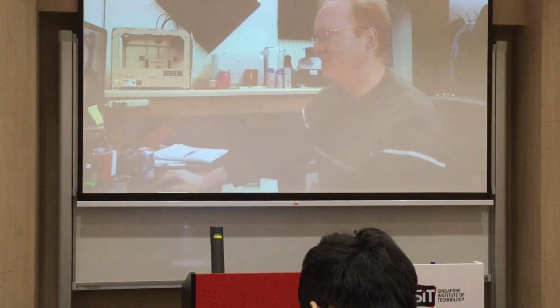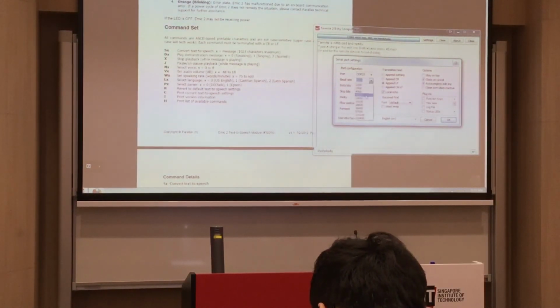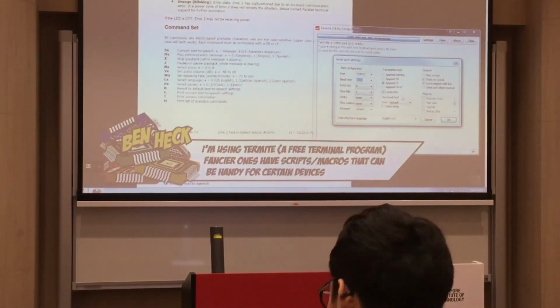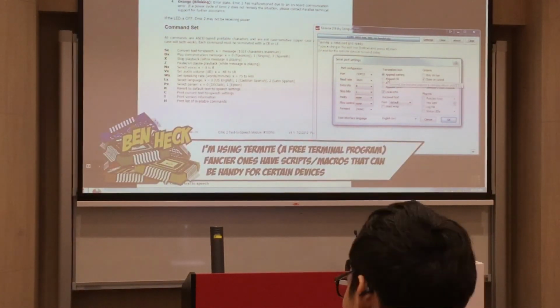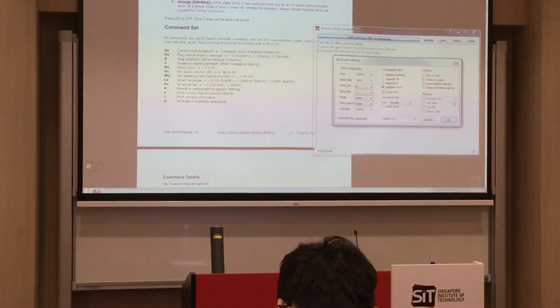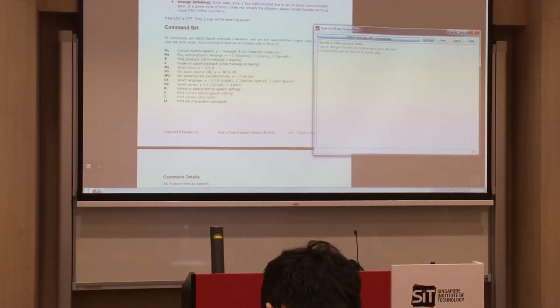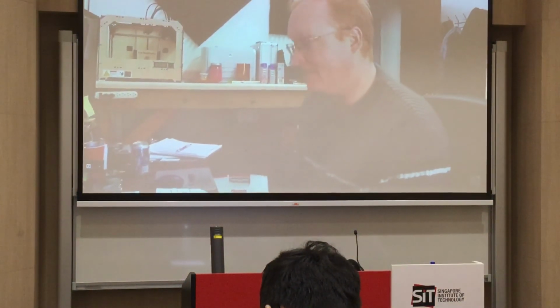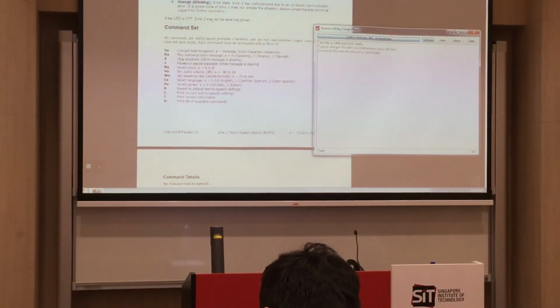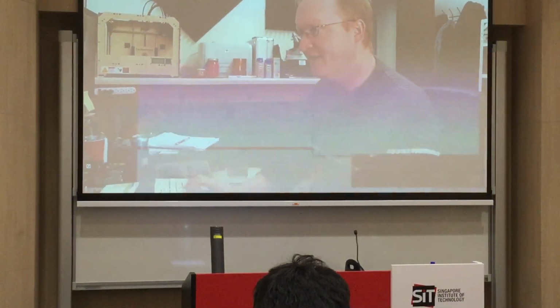RS-232 is usually done with just simple commands and settings. In this case, I want to find my COM port, 25, and this thing with a nice interface is very common. The key point here is, I know some of you are doing this, so whenever you buy a device, you need to look at what kind of interface you need. You need to use the correct interface protocol libraries in order to communicate with your Arduino devices. If I want to make this talk, I use an S, usually followed by text, and I send it. I can also increase the volume, that's command V, and then up to